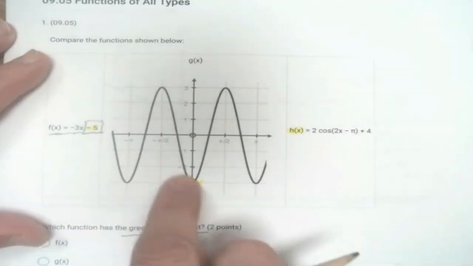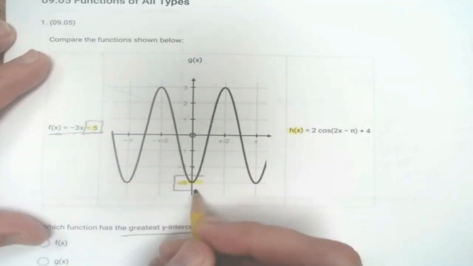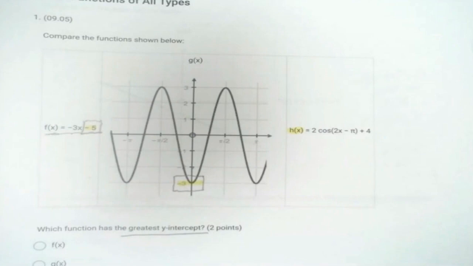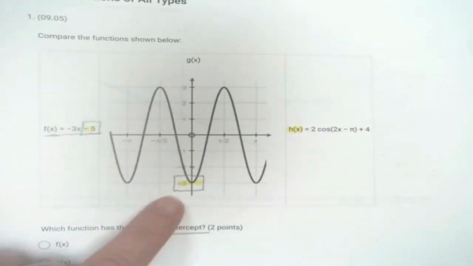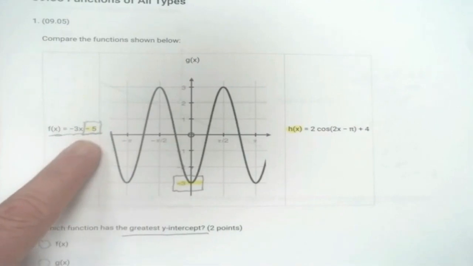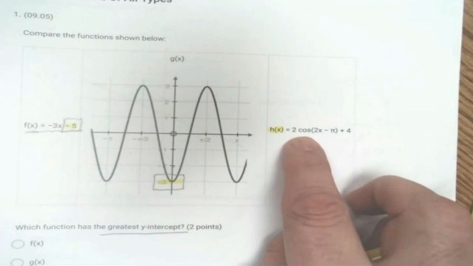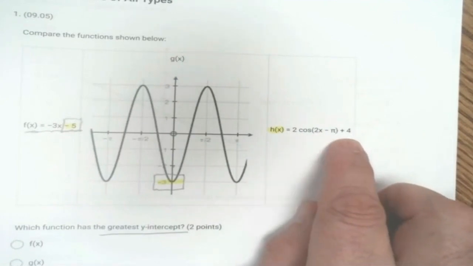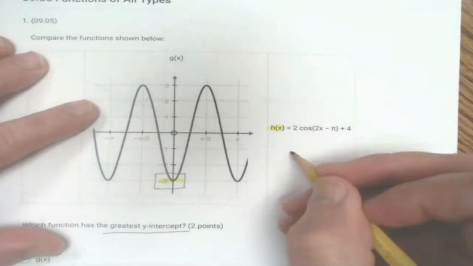We have a graph for g of x. All we have to do is look and see where it crosses the y-axis, and it's at -3. So right now, g of x has a greater y-intercept because -3 is larger than -5. All that's left now is this over here. h of x equals 2 cosine (2x minus pi) plus 4. Okay, so right off you're thinking, I'm not really sure how to do that. Well, if it was just cosine of x,